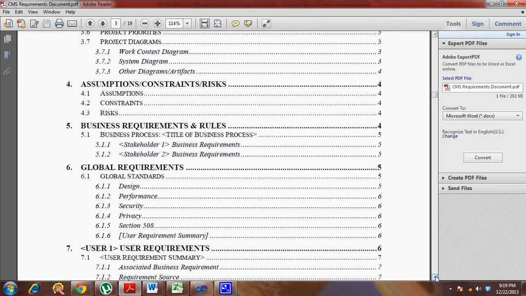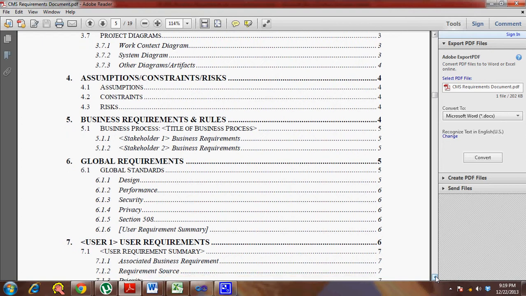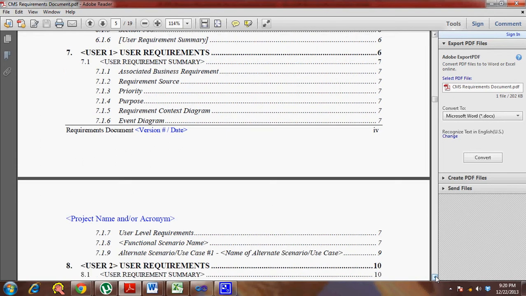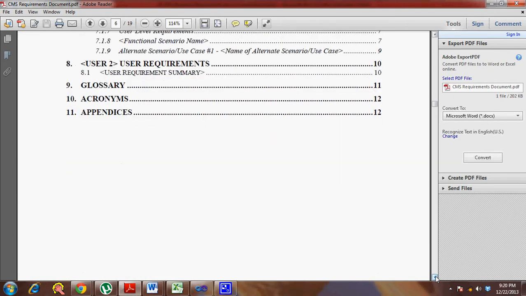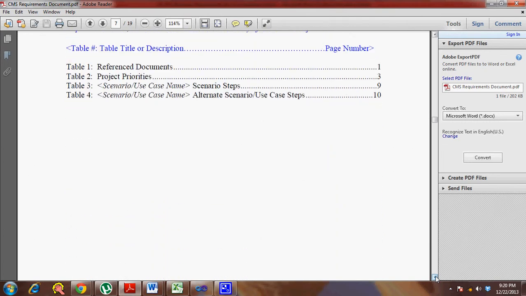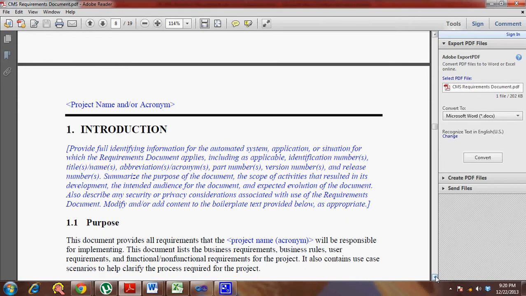There might be different types of business requirement, business flows, all those get captured. Then global requirements, which are nothing but the non-functional requirements. Then you have user requirements, looking at it from different users' point of view, which might be the stakeholder requirements. So you also have the glossaries, which might be in terms of explaining the terminologies, but that's part of all documentation. But the main aspects of requirement documentation, or capturing requirements from all points of view, might be the business, stakeholder, solution, and transition, and these are the most important categories.